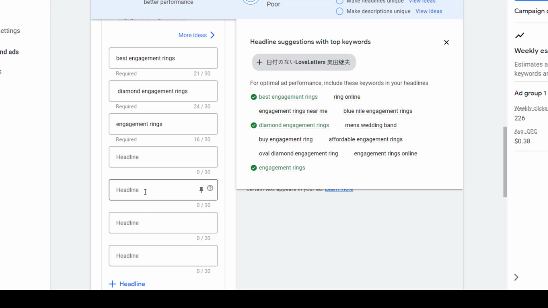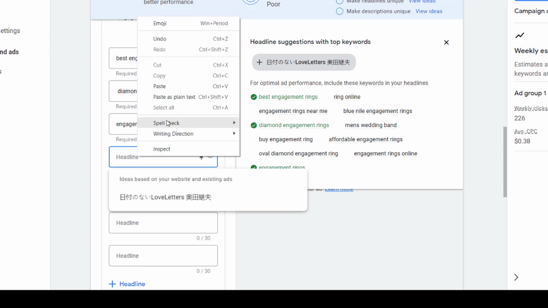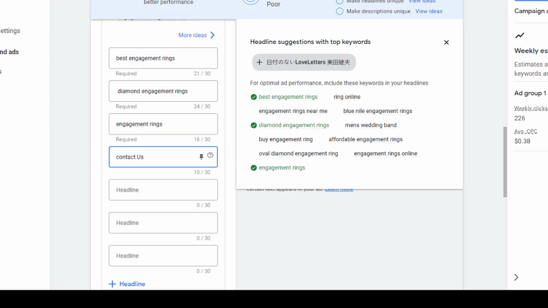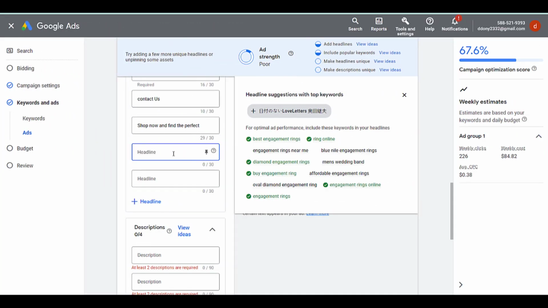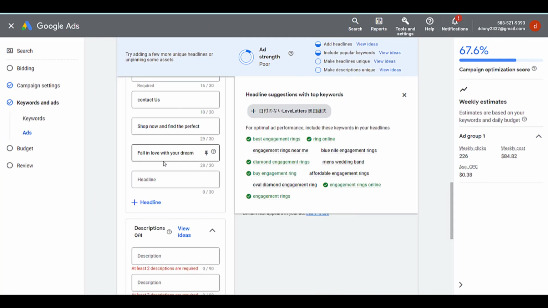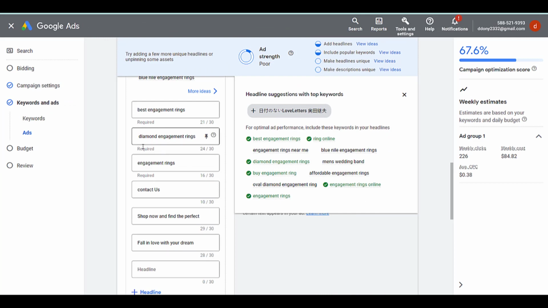You can put a call to action like contact us, or other options, and Google is going to cycle all of these headlines.